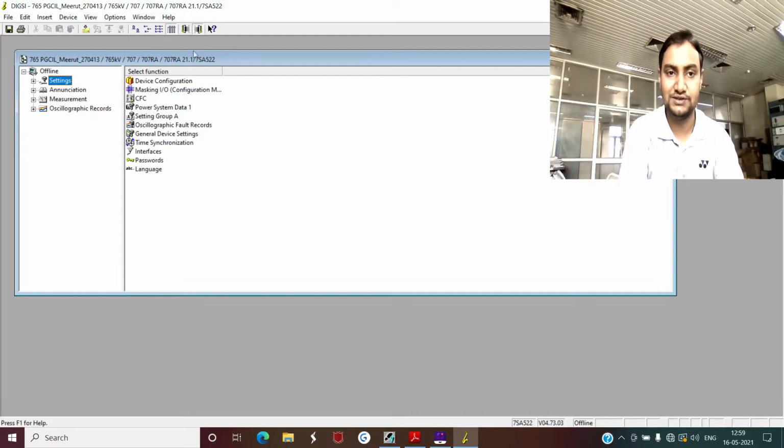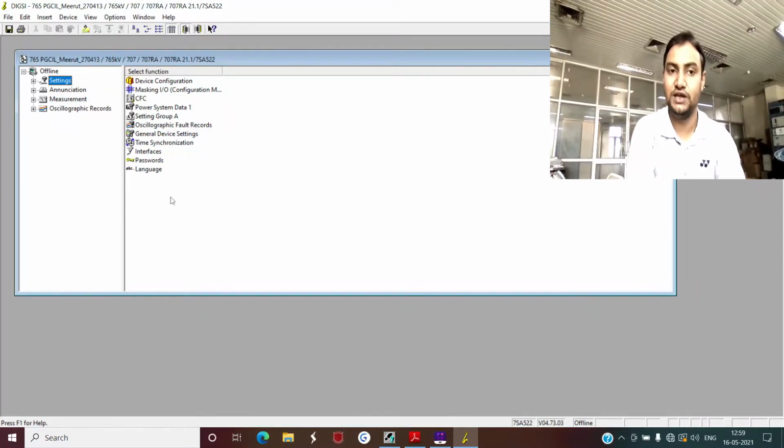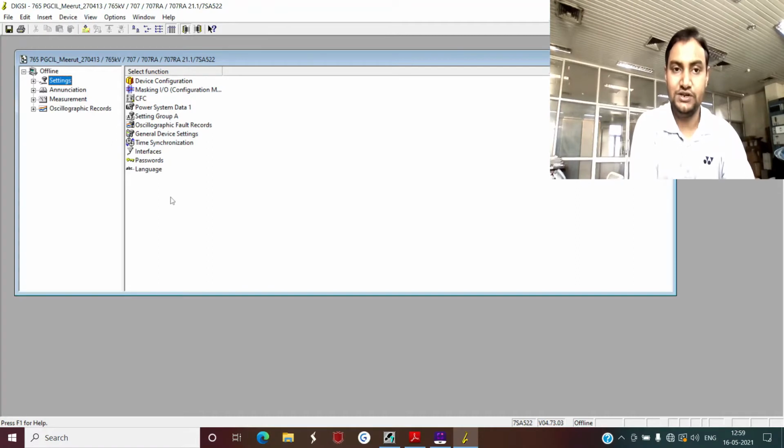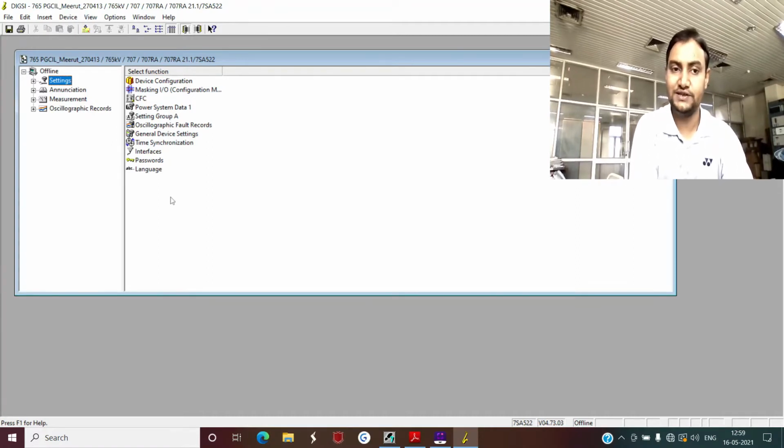The only important thing for us is these two things you see here: one is the primary value and the other is the secondary value. Kindly note that if your tab is selected on the primary value, then all your relay settings will be displayed in primary values itself. And while configuring this relay, if you are entering any value, then the relay considers that you are entering the value in primary terms. That means it will automatically convert it into the secondary value using CT and PT in the later stages, during the calculations and during fault detection.